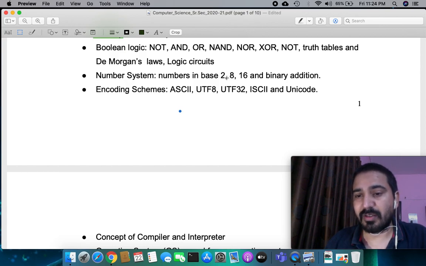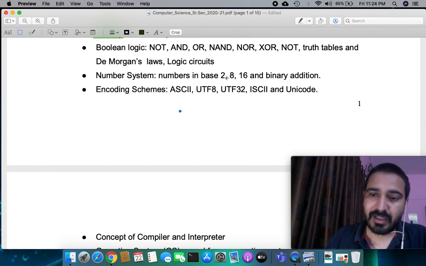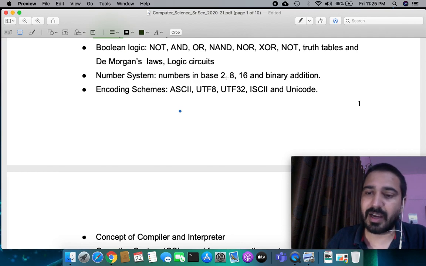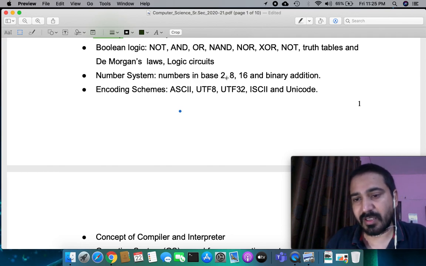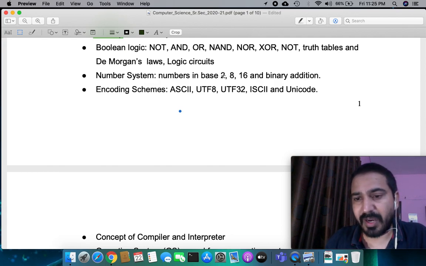Why? Because we just have 10 different numbers, and by using those 10 different numbers we make all the counting. Those 10 different numbers are 0, 1, 2, 3, 4, 5, 6, 7, 8, and 9. So our number system is on base 10. So base 2 is 0 and 1, just two numbers. The complete computer system works on this binary. This is 0 and 1. The base is 2.